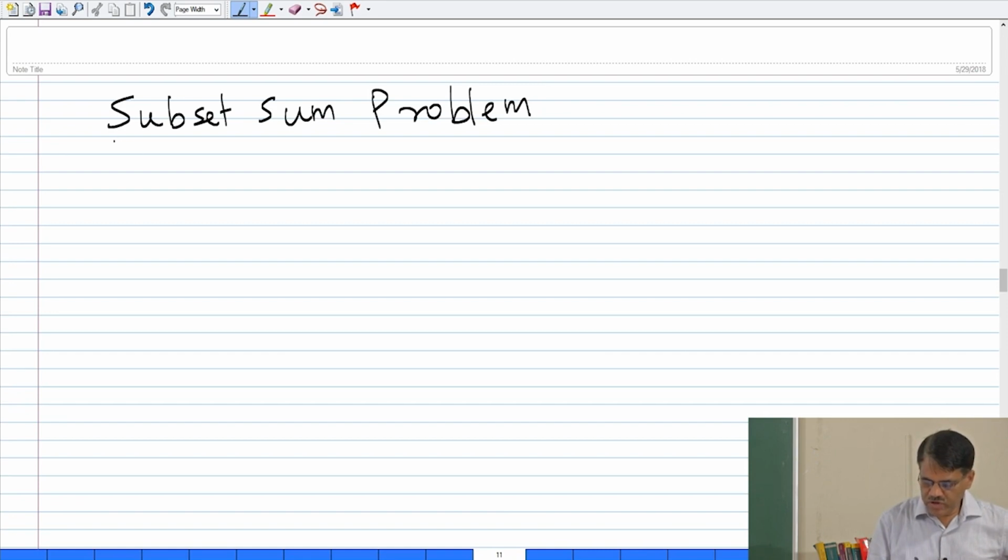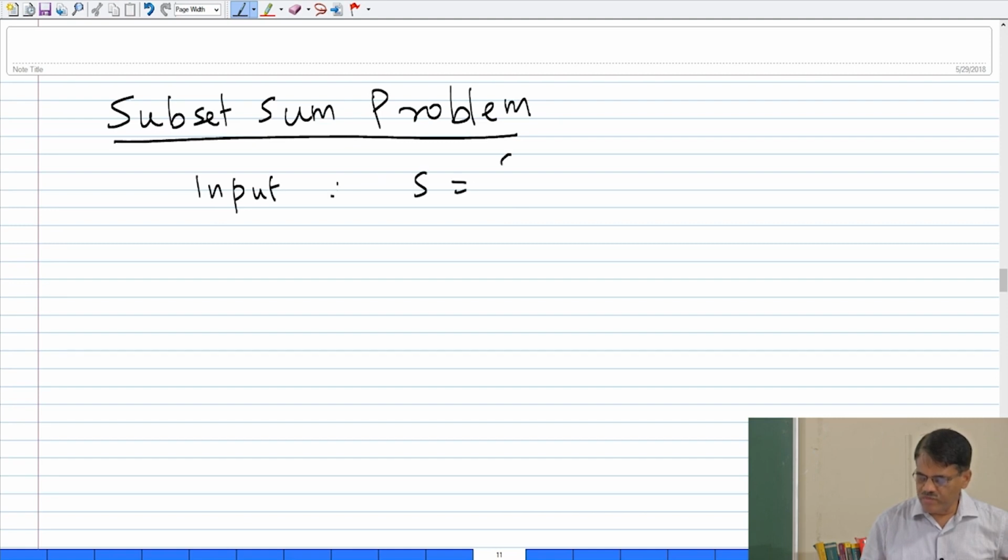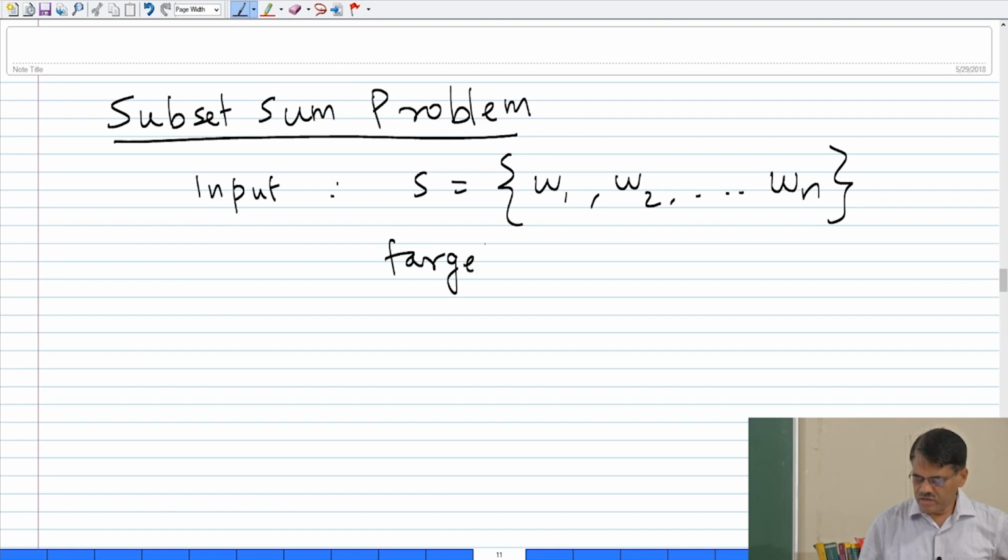So, what's your input? It is a set of n numbers given to you, and a target W. And the question is,